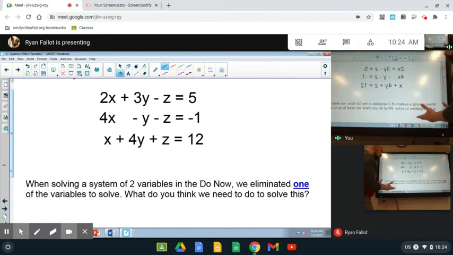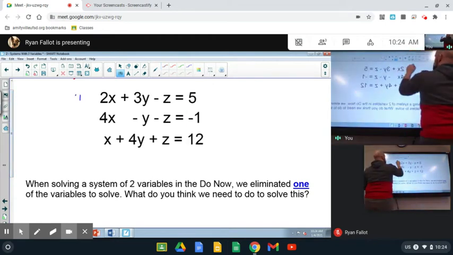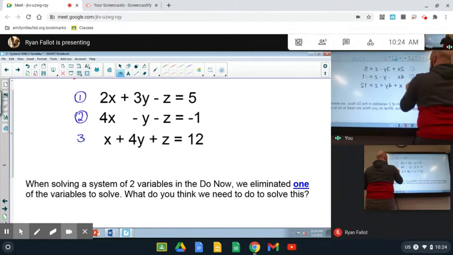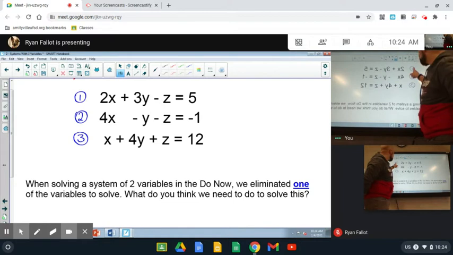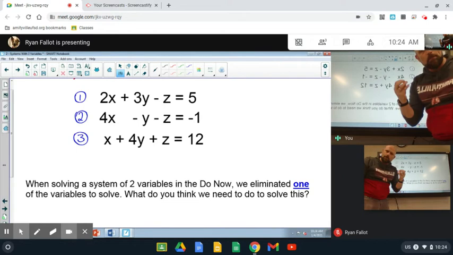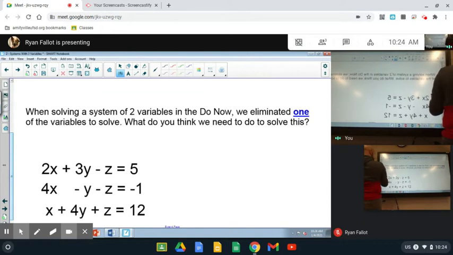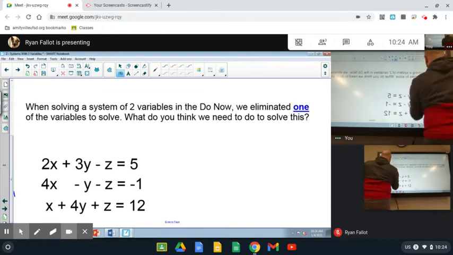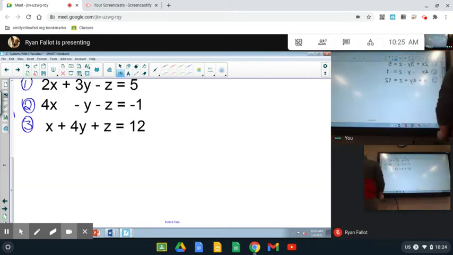But for now, if we look at this, we just kind of have to investigate this for a little bit, okay? What I like to do is I label these. This is equation 1, this is equation 2, and this is equation 3. Our goal is to eliminate one of these variables right now. And if you notice, equation number 1 has a negative z, equation number 2 has a negative z, and equation number 3 has a positive z. So if we went ahead and we added together equations 2 and 3,